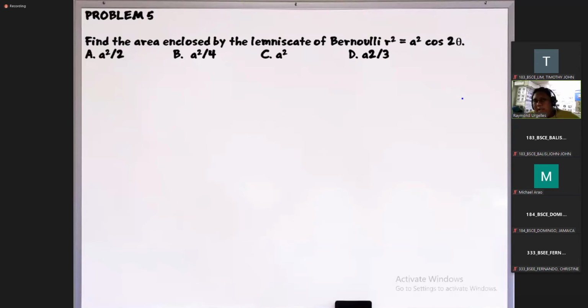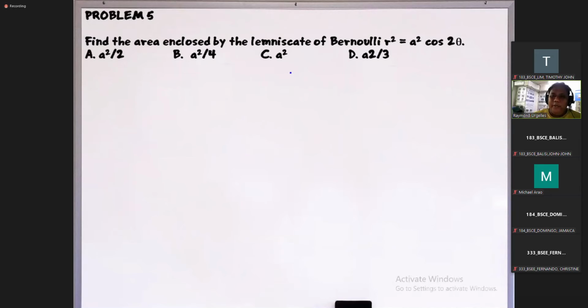Pero kung gusto niyo ng mas accurate, pwede kayong gumamit ng mga properties. Pwede kayong gumamit ng differential calculus to get the slopes, pwede rin ng limits, kung ano yung ina-approach ng curve natin at some specific points. Okay, nakuha ba? So you can just analyze by using yung makukuha natin na mga points. Okay? So let's try this one.